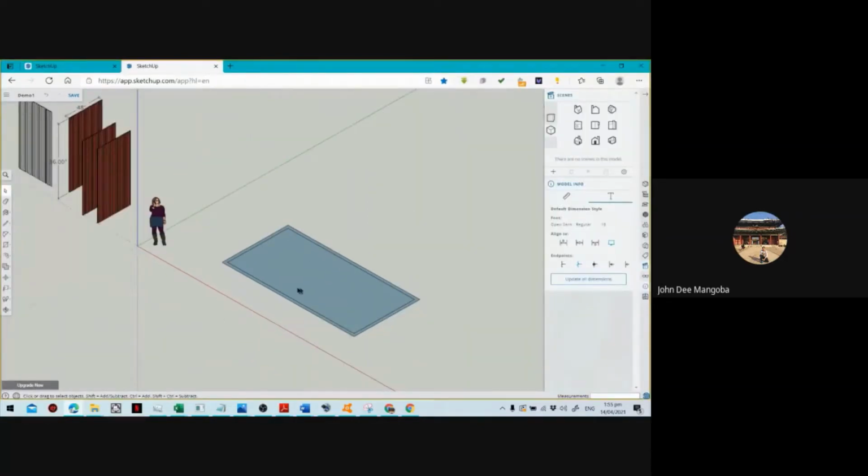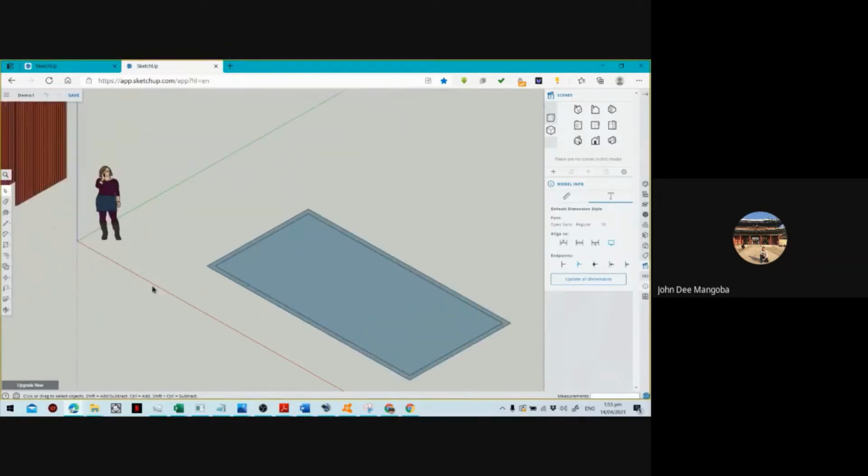Pwede ko na itong i-enlarge siguro. And this time, meron na akong dalawang surface. One doon sa taas, one doon sa loob, one doon sa labas. So, yung hollow block natin kanina, we'll be using press pull. Tapos itataas natin siya ng